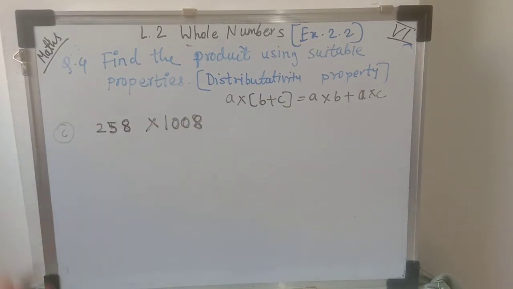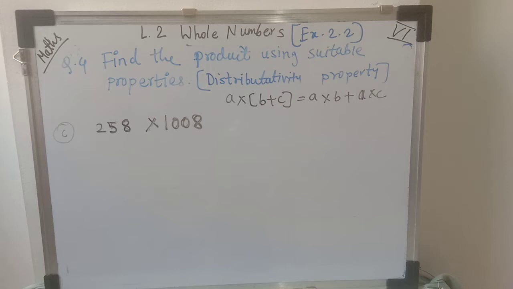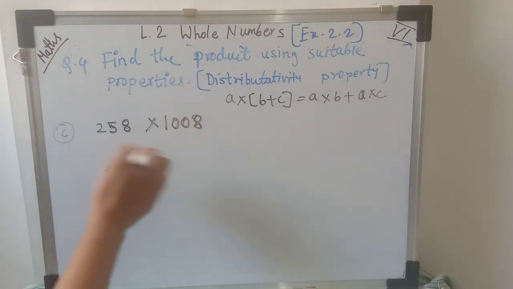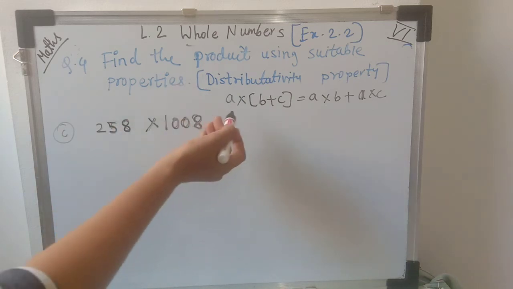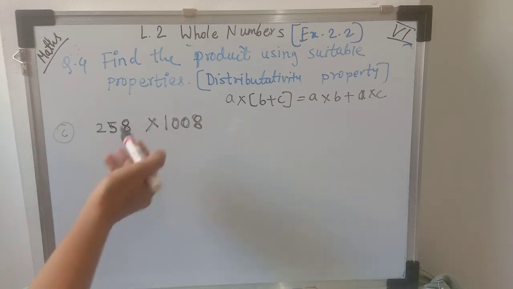Now C example is 258 multiplied by 1008. Now here same questions are there but different numbers are there. Okay, only the numbers are different, same method we have to use. Okay, so here to get the A B C, only 2 numbers are there. How will we get A B C? 3 numbers are there, 3 whole numbers we want. So what we will do here,